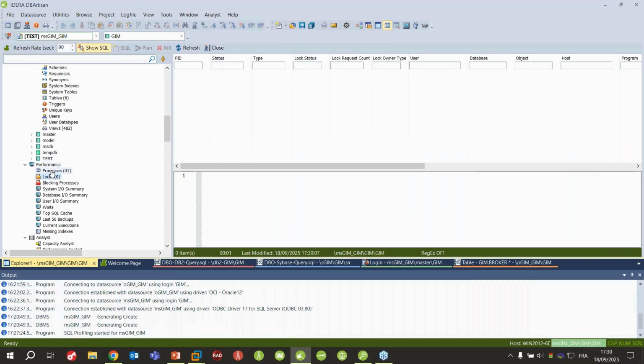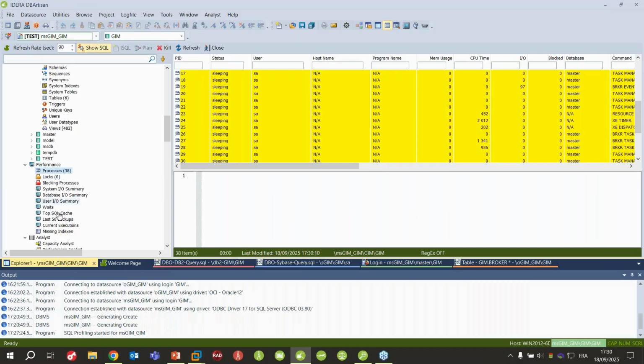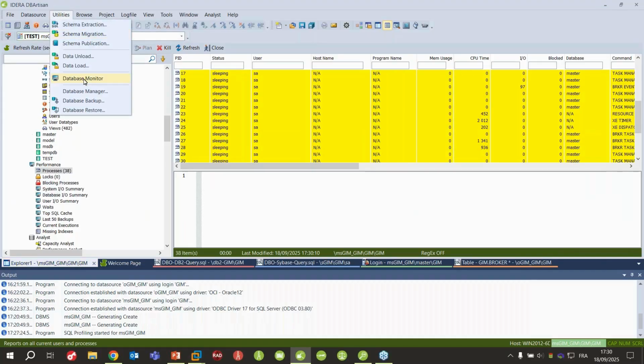my different nodes, I can only see one of them at a time because I have to switch elsewhere. If you want to be able to, for example, check your monitors all the time, when you start the morning, you want to follow the different processes that are connecting to this specific database and to another one at the same time. So using the Explorer, it won't be possible, but you can always launch it from utilities.